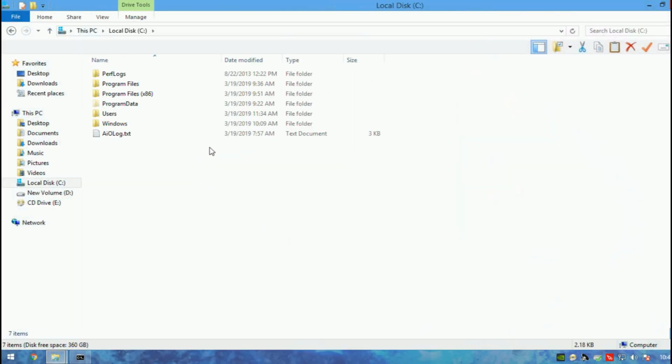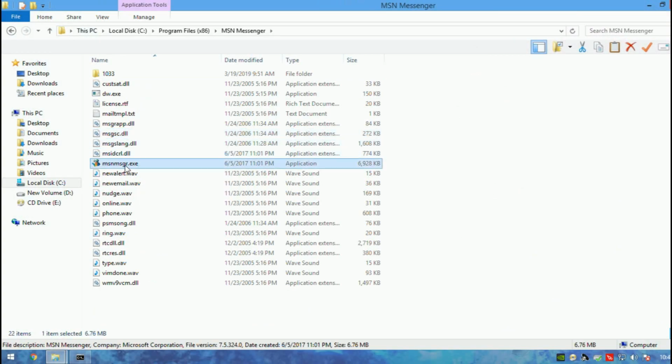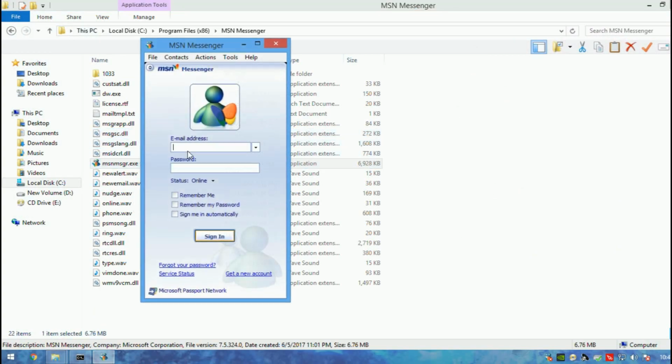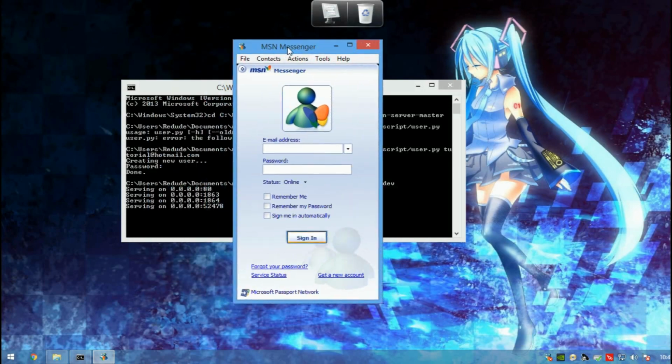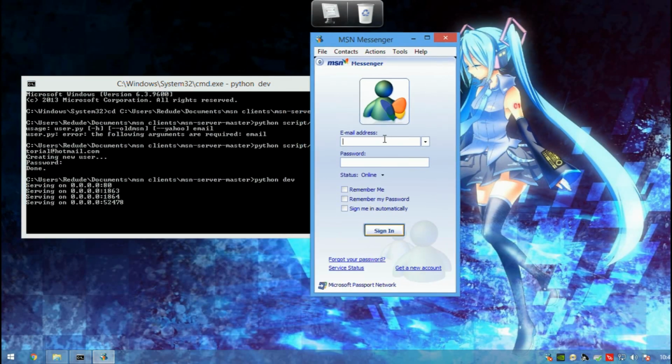Once you install it, you'll have it installed here in Windows. My PC, go to Program Files, MSN Messenger, and open MSN Messenger executable. So here you'll have your client. So basically what you're going to do is just type whatever account you created. So for the sake of this video, I'm going to just type the account that we just created, and hopefully it will work. So it was tutorial